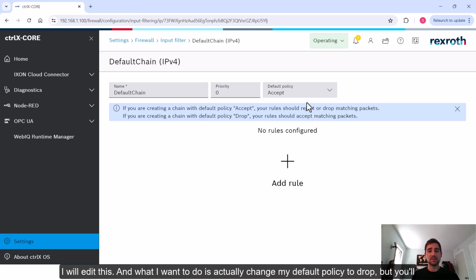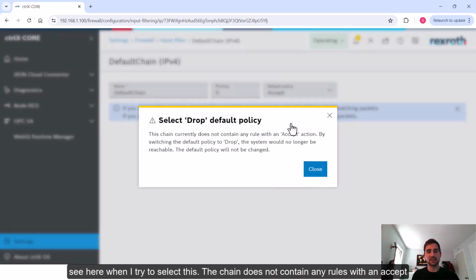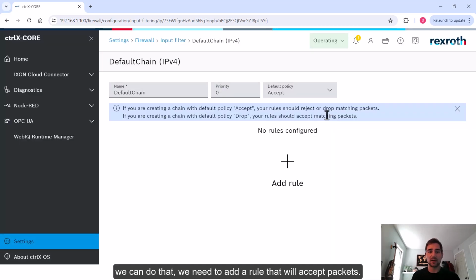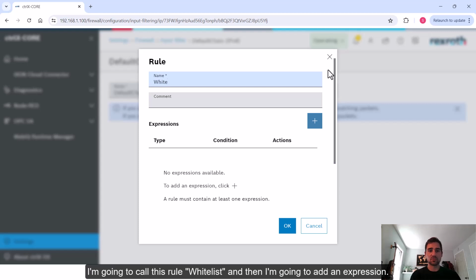And what I want to do is actually change my default policy to drop. But you'll see here when I try and select this, the chain does not contain any rules with an accept action. So you could not reach the system at all if the default policy was dropped. So before we can do that, we need to add a rule that will accept packets. So I'm just going to call this rule whitelist,